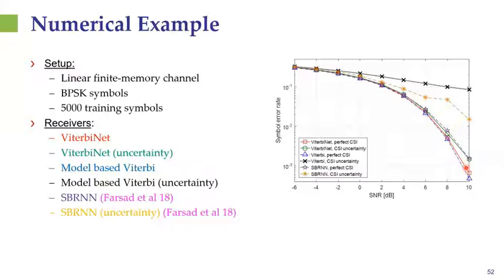Now, another advantage of going into machine learning-based methods is that you obtain improved robustness to uncertainty. What do we mean by that? Now, if we implement model-based Viterbi, but we do not know the channel exactly, we have some error, then the performance deteriorates significantly. This is the black curve here. Now, also the SBRNN, if it's trained on a set of channels, each one with slightly different statistical characteristics, meaning that we did not know in advance to exactly which channel we will be tested in during inference, then the performance significantly deteriorates when we're using a relatively small number of training symbols.